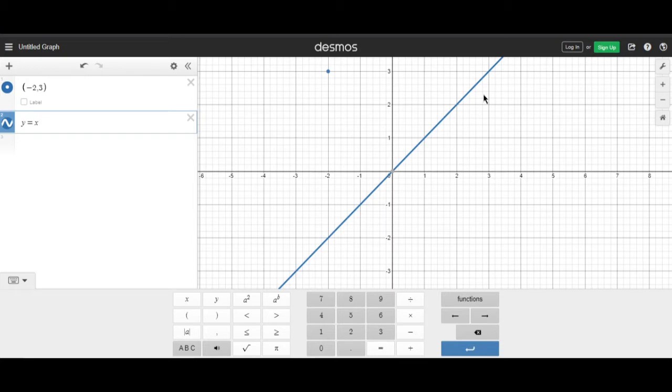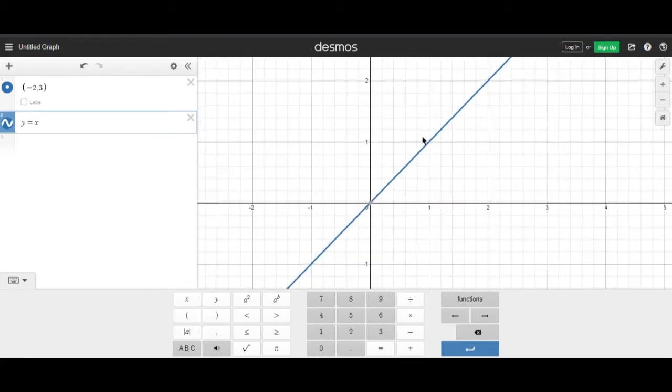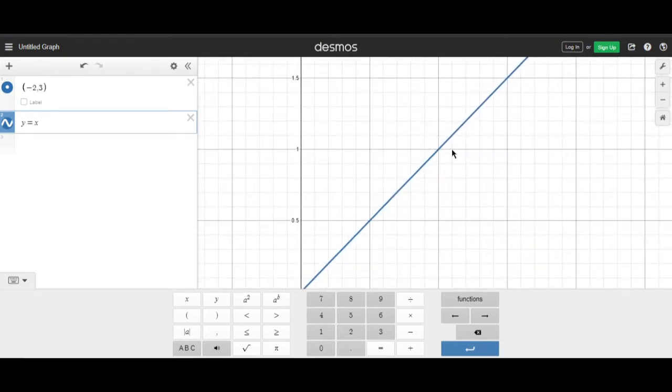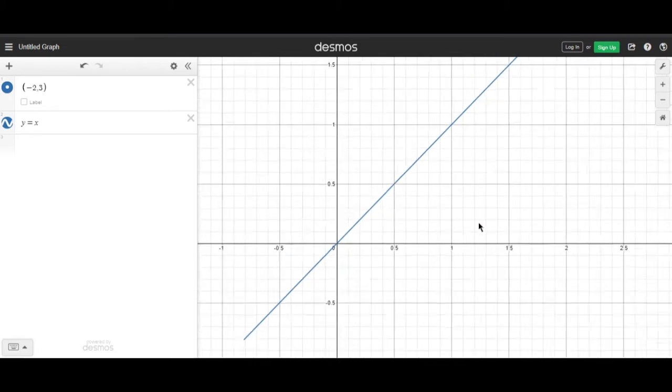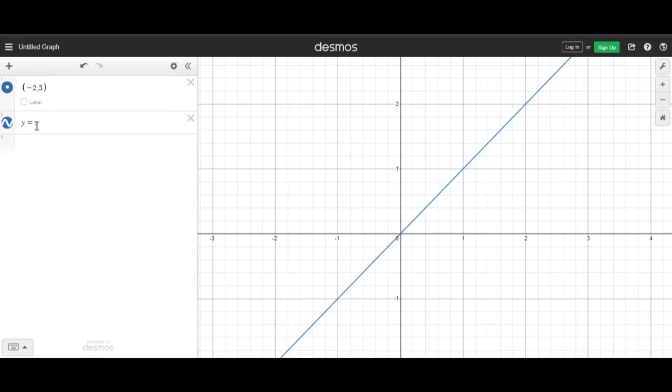See, here the position coordinates are 1, 1, here 2, 2, here 3, 3. This is a line, and if I magnify it, when we magnify, we get more points, decimal numbers present in between. There are infinitely many points between any two numbers. So if you magnify, you can see this is 0.5, and its x coordinate is also 0.5. The horizontal distance is 0.5, and the vertical distance is also 0.5 for this point. So this is how we draw the line.